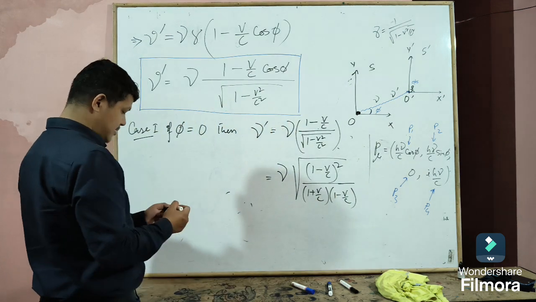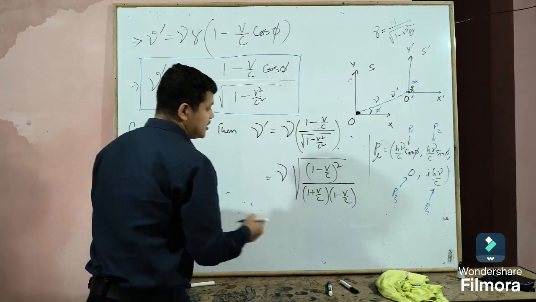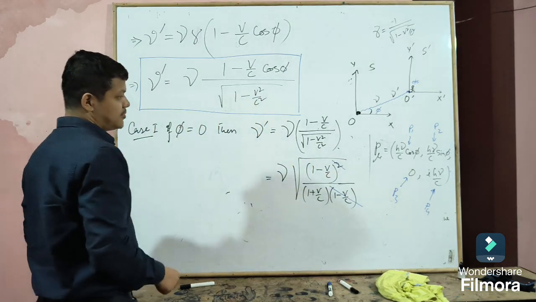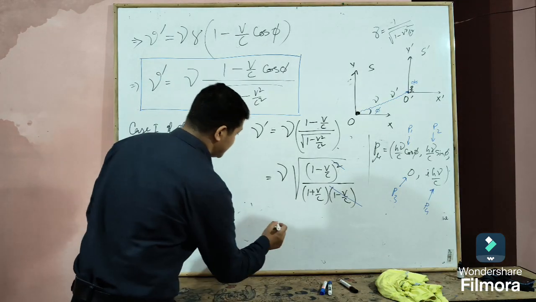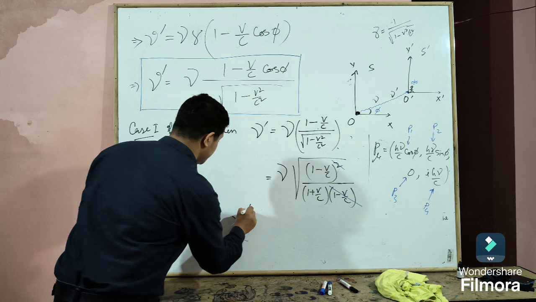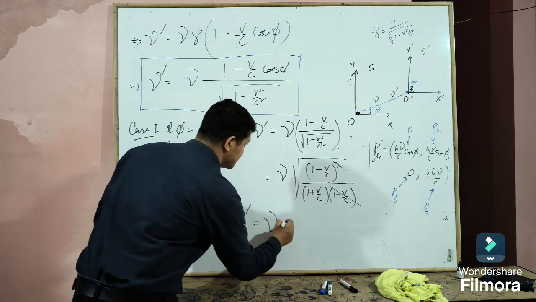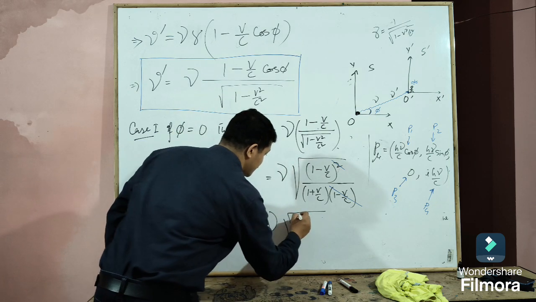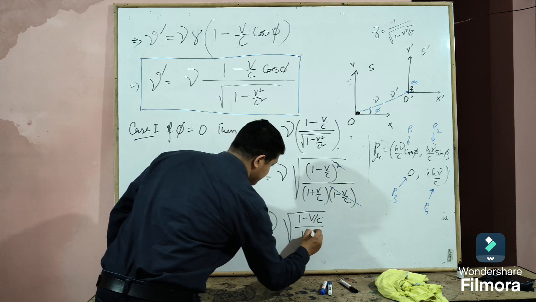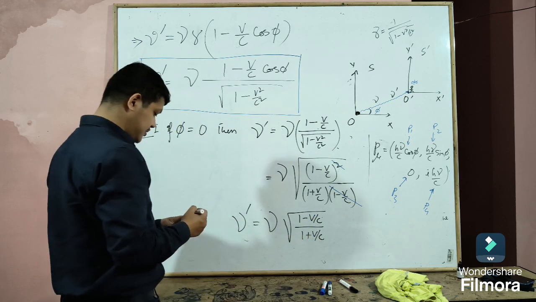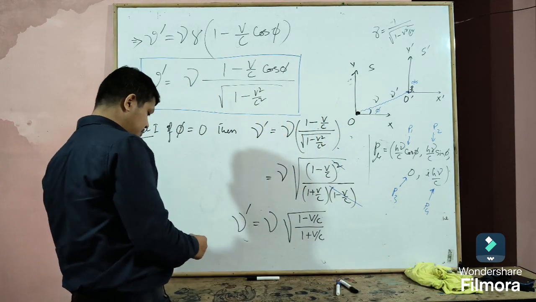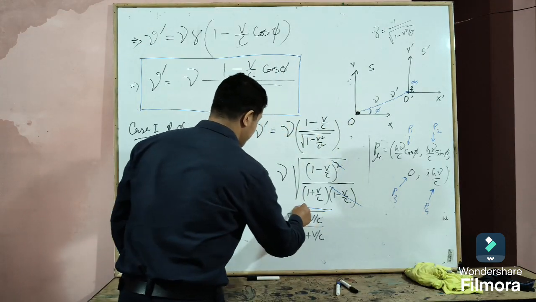Now you can cancel this one. So we end up getting nu dash is equal to nu root over 1 minus v by c by 1 plus v by c,